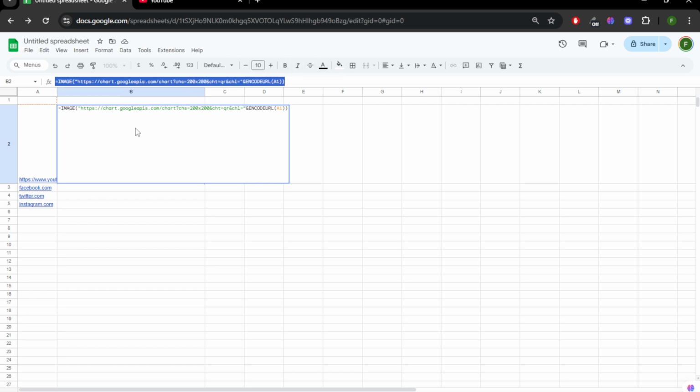Now, once you have typed this formula, what's happening here is Google's chart API is generating a QR code image based on whatever is in cell A2 or A1. The CHS part sets the size of the QR code, which is 150 by 150, and CHL is the data you want encoded. Now, you can copy this formula down to apply it to multiple rows as long as each